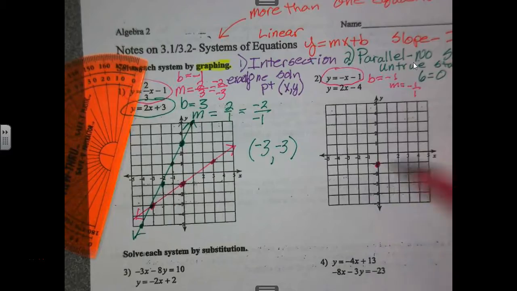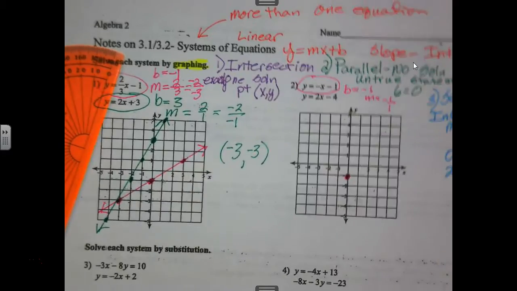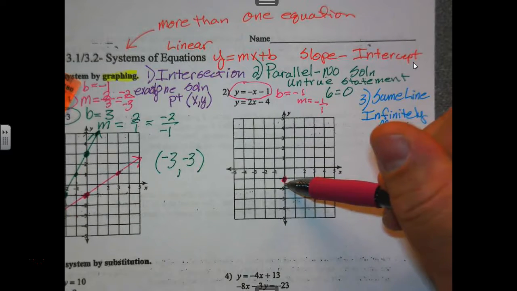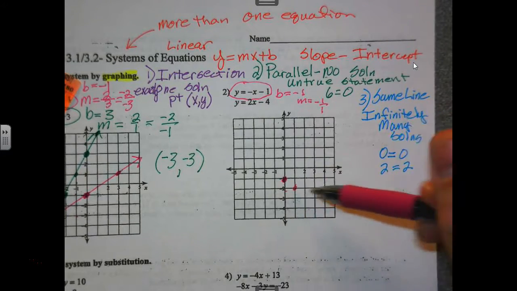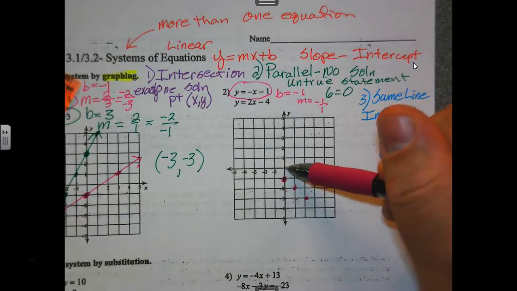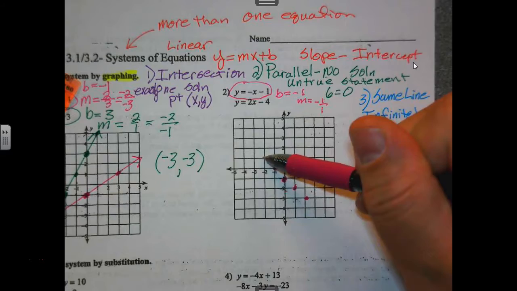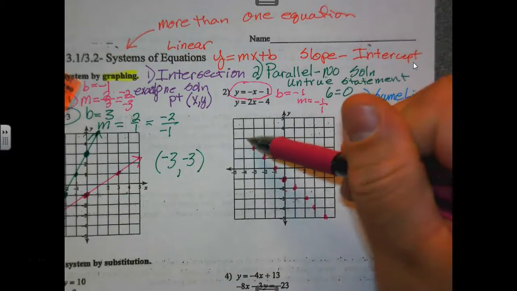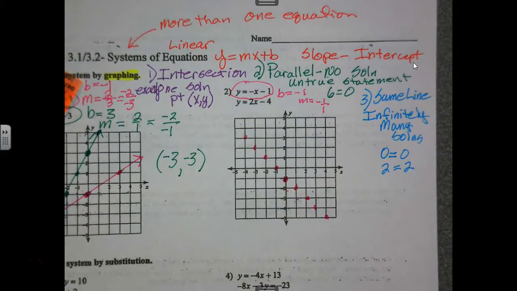So here's -1 crossing the y-axis. And I'm going to go down 1 to the right 1, down 1 to the right 1, or I can go up 1 to the left 1, up 1 to the left 1, and so forth. If you don't feel like drawing the lines,